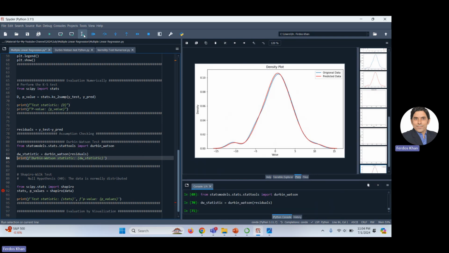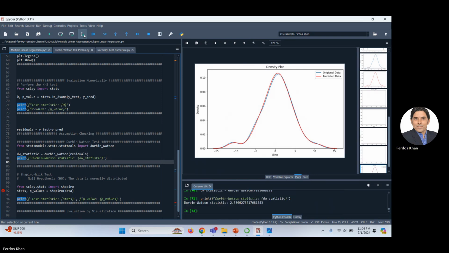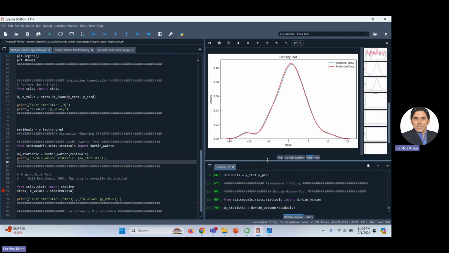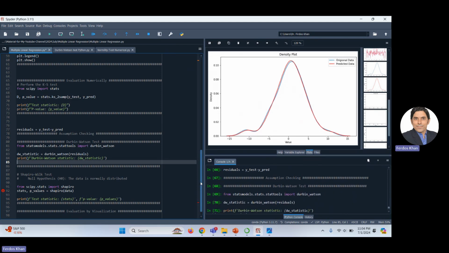Now the DW test, and the DW test is 2.33. So this is close to 2. So you can say that there is no autocorrelation and the data is independently and identically distributed. So this is the one assumption. The other assumption is